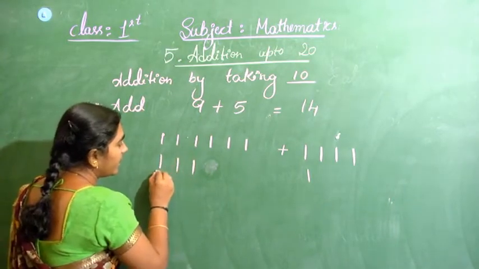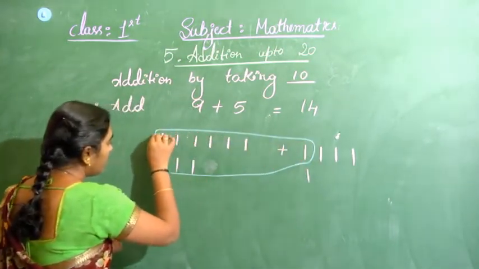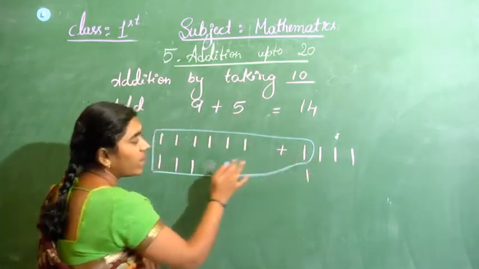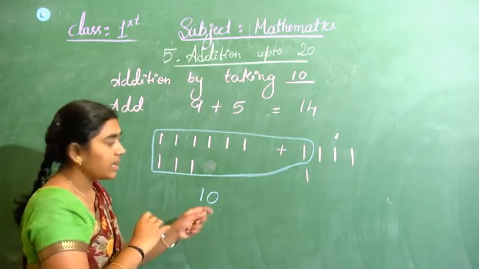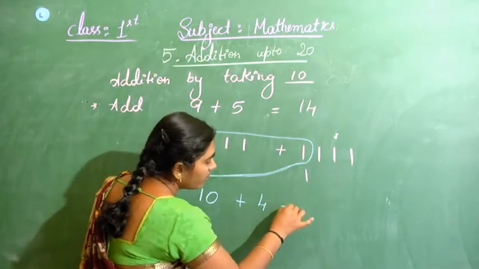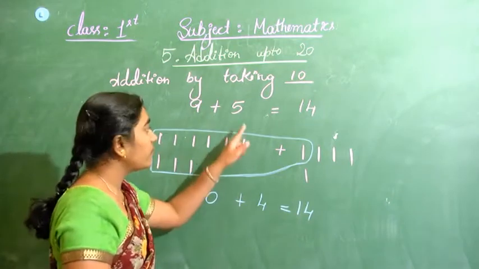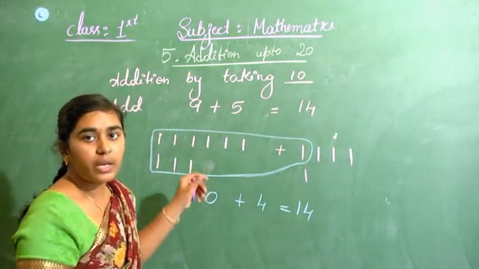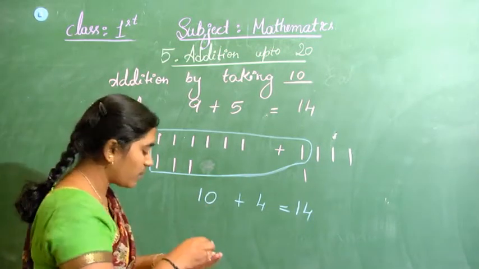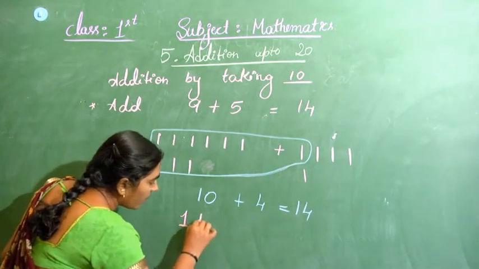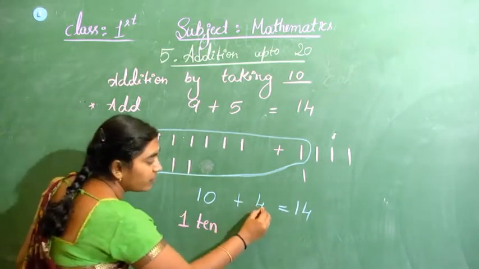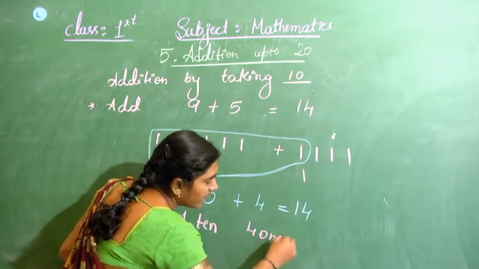See, here 9 are there. 9 plus 1 is 10. Here, from the 5, I will take 1 and write it as 10. Now 10 plus 4 is very easy to add, right? 10 with 4 we can easily write as 14 without counting forward. Here I am making a bundle of 10, and we call this one bundle of 10. We have one bundle of 10 with 4 single lines.